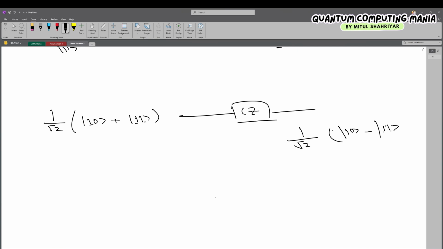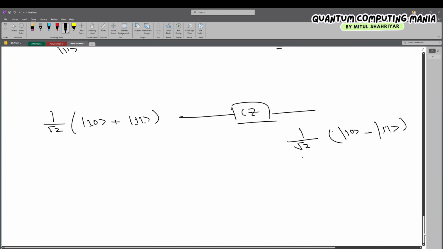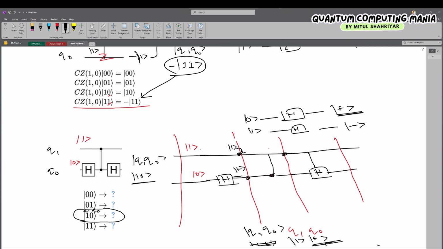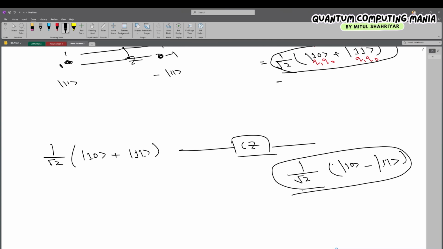This is what we learned just right now, right? So now after the thing passes through this one, at this point this is the value we have right now. Okay, again interestingly,